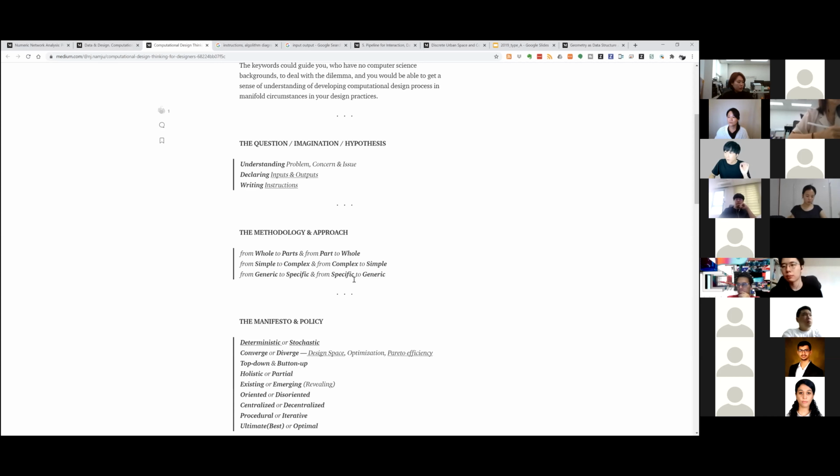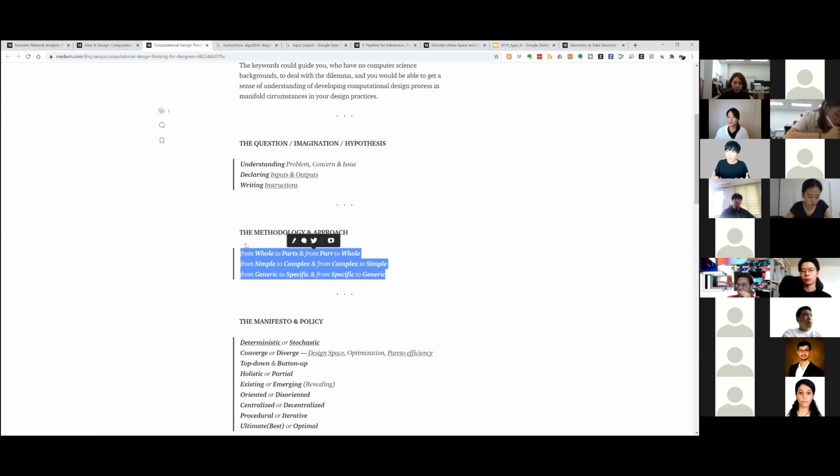Actually, building a function for a specific problem is easier, or way easier. But the generic function is really hard. Do you know why? Because it has a lot of edge cases or corner cases. We need to build one thing, and then that needs to interact with all other possibilities. So starting from the generic, sometimes we need to, because of the environment. But most computational designers think from specific to generic. This is a sort of mental structure.